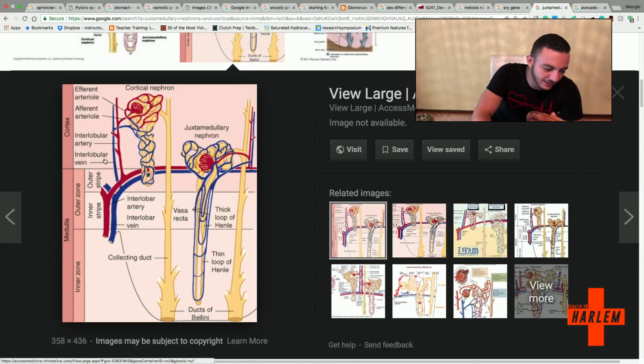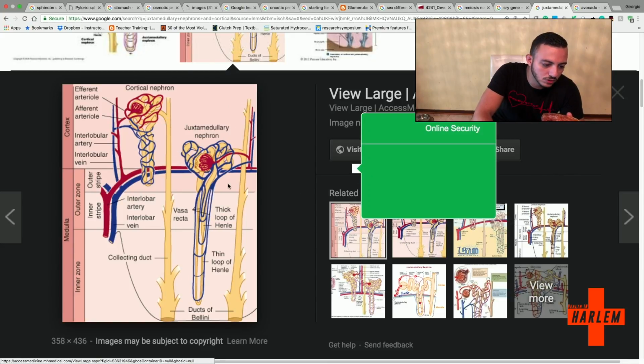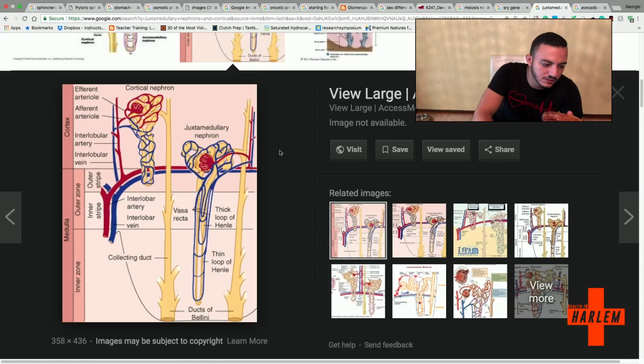So if I give you a microscope image and ask you which one of these is the cortex or the medulla, you should be able to tell me that this over here is the cortex based on the fact that you have glomeruli present. And then in the medulla, you aren't going to have that. Okay, other than that,